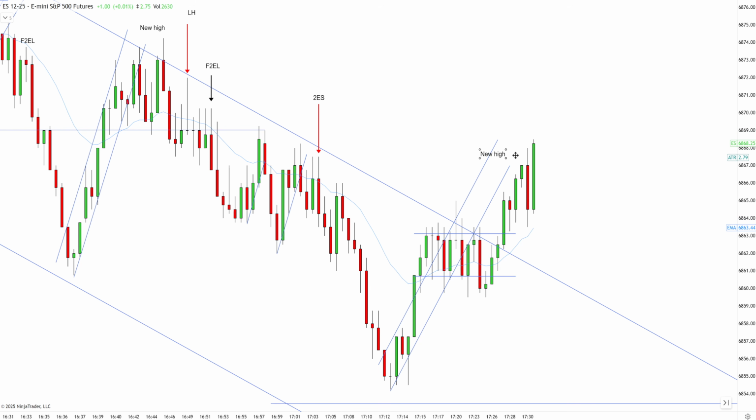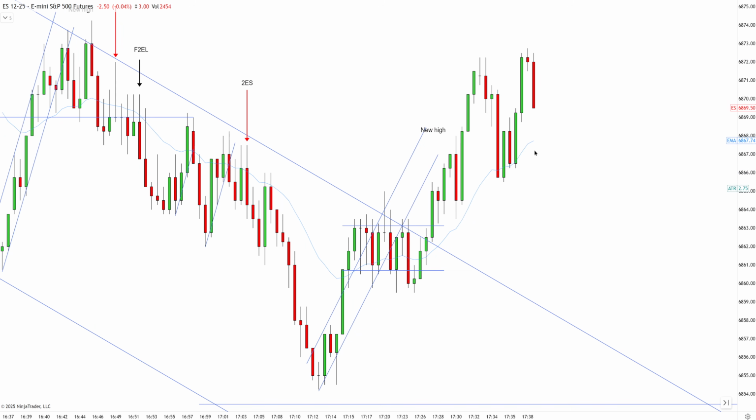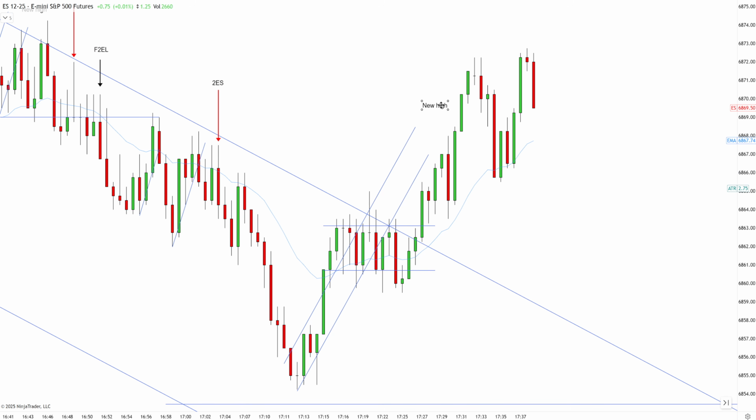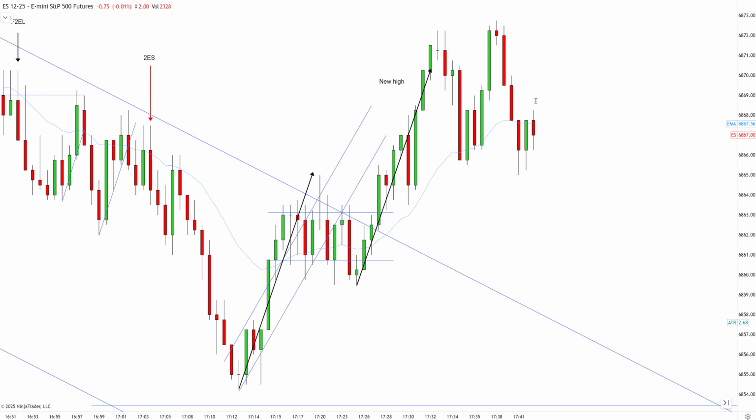Okay, and because I can see that the correction is a little bit stronger, especially after this bounce, now I prefer a second entry long. Okay, it still looks like a one leg up, break, second leg up. You have a lower high, but I believe it's a little bit too early because the